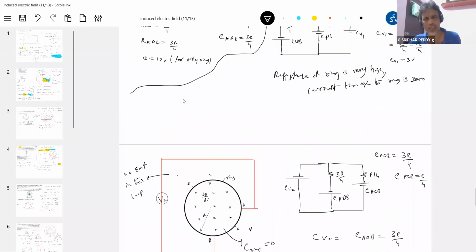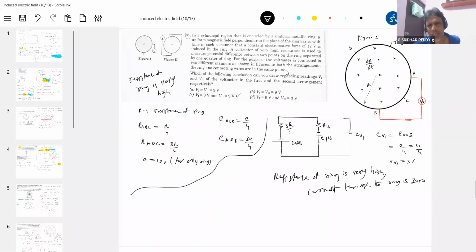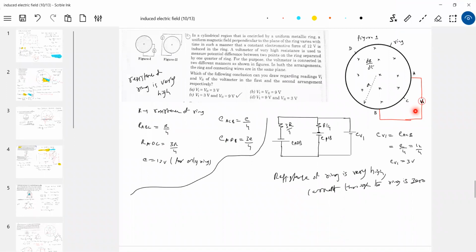That's what I want, so I should generate the idea. I'm not bothered about just saying no EMF is induced in this loop. I should generate that idea. You are bothered about the answer, I'm bothered about the concept. That is the only difference. I'm saying no EMF in this loop because no magnetic field is present. EMF is induced in this loop because the field is present. That's the idea I wanted to generate. The net EMF induced will be 0 because the EMF produced here is proportional to length, so an equal and opposite EMF will be produced here. So therefore the net will become 0. This is what we should think.